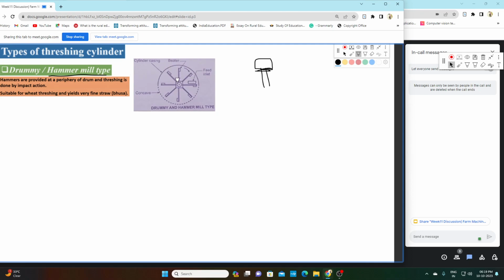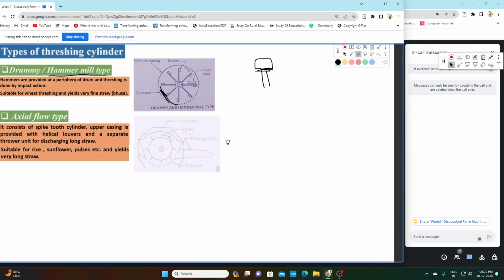Whenever the cylindrical drum rotates, at the periphery of the cylindrical drum there are hammers. So these hammers will beat your crops, and by this there will be separation from the concave. These are the concave. So whenever the feed comes in between the hammer and concave like this, the threshing operation will commence. Okay, this is the first type of